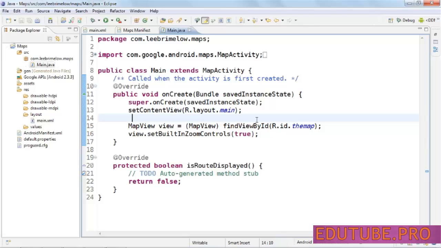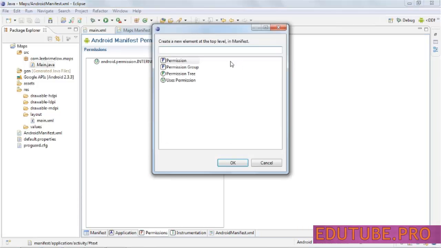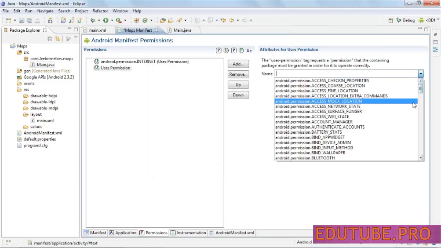The first thing we have to do if we want to access the GPS is we need to add a new permission in our manifest file. So I'm going to go to our manifest and go to the permissions tab, and we're going to click add. We're going to add a uses permission. And now we want to go to android.permission.ACCESS_FINE_LOCATION. This gives us access to finding the location based off of the GPS sensor